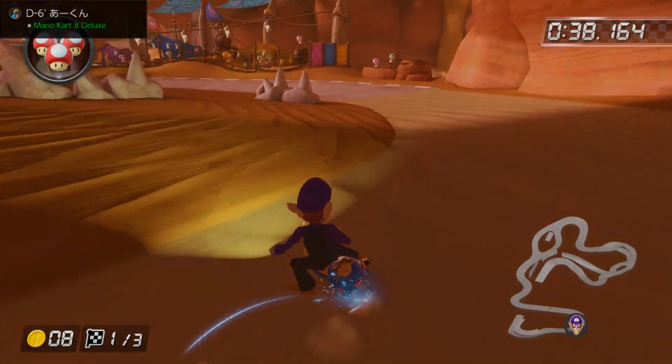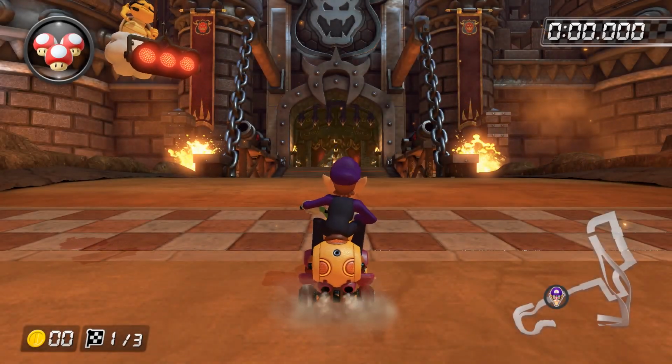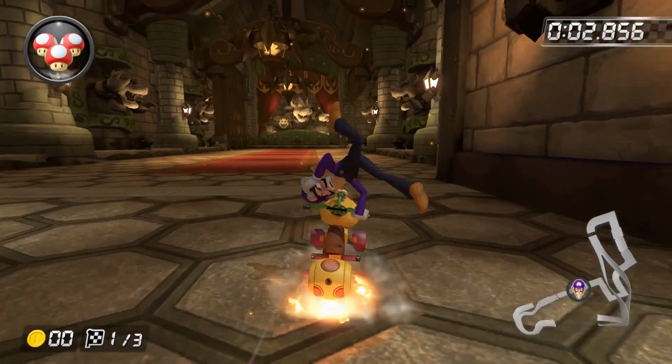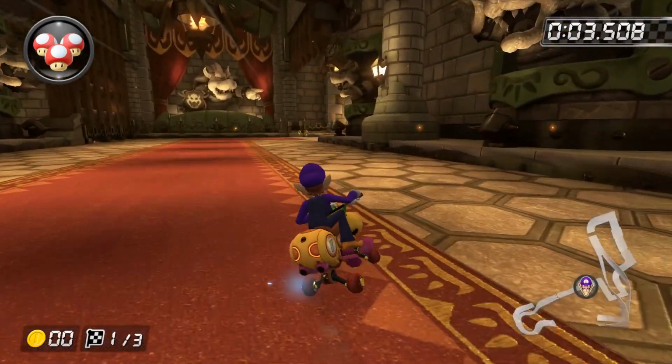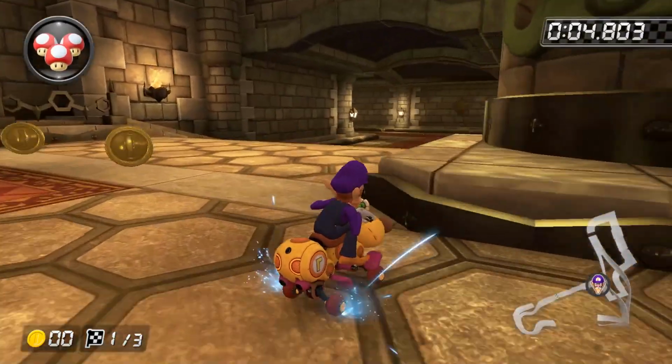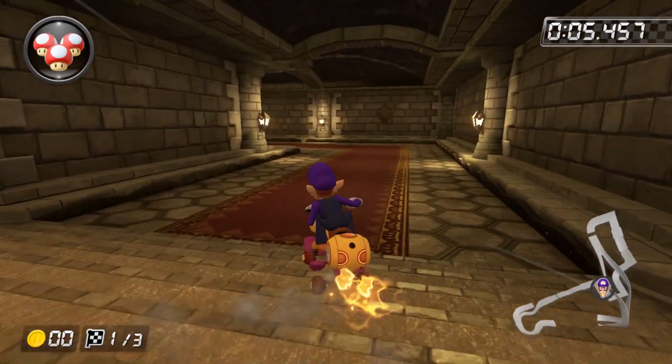Let's keep up the pace on Bowser's Castle. Bowser's Castle is a pretty fun track to drive. The start of the race is nothing too special, just trick off the ramp and call it a day. You want to begin a right drift as soon as you land, or a little later, whatever you're most comfortable with without losing time. As you get around the first turn, release your mini turbo immediately into a left drift